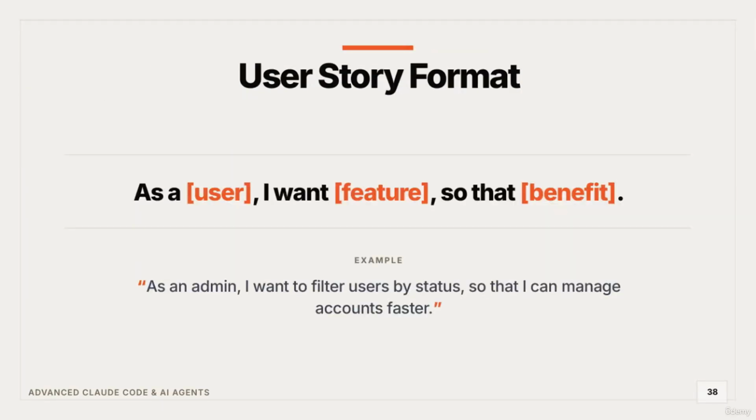Here, we're looking at the user story format, which is a simple but powerful way to capture what the user needs and why. It follows a structure: "As a user, I want feature so that benefit." This format keeps the focus on the user's perspective and the value they gain from the feature. For example, an admin might say, "As an admin, I want to filter users by status so that I can manage accounts faster." This clearly states who needs a feature, what the feature is, and the benefit it provides,